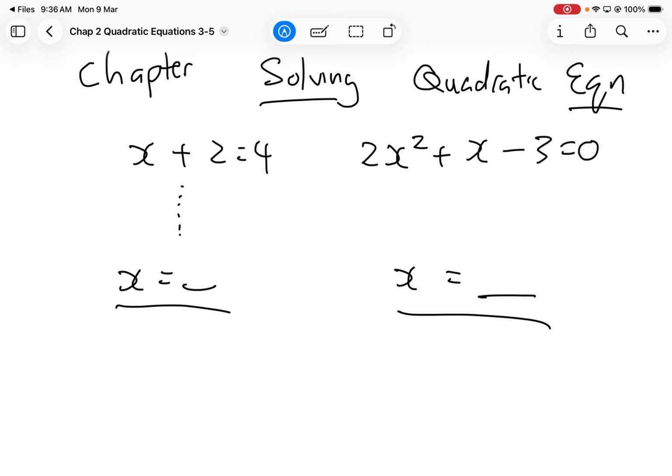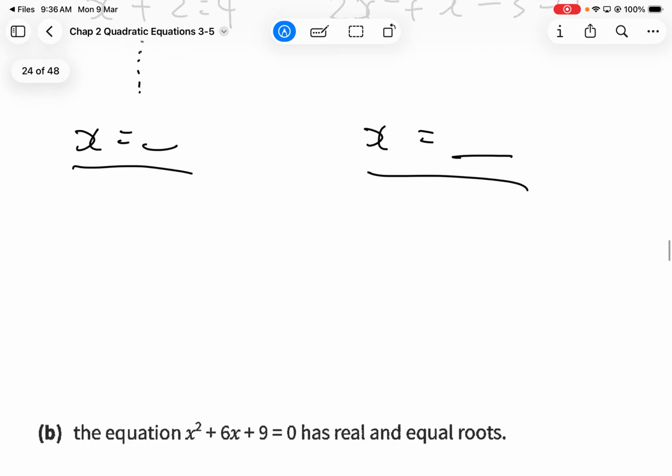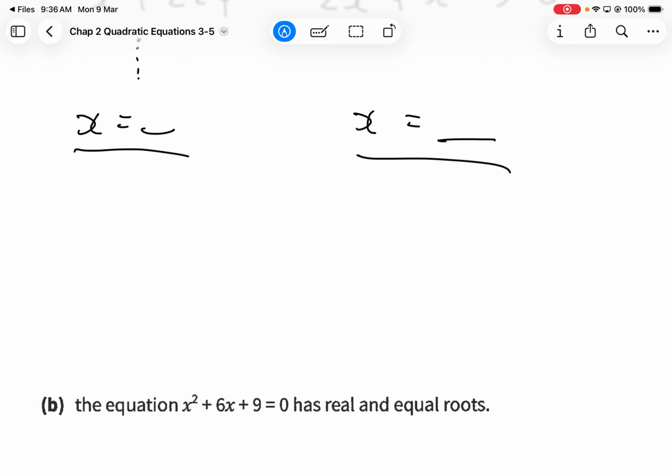I am finding out what is x. Okay? So linear equation is when your x only has power 1. This one is called linear equation. This one is quadratic. Quadratic because my x has power 2. Then once my x has power 2, there will be an x squared term, there will be an x term, there will be a number term. So how do I finally get x equals to something? You all learned 3 methods so far. The first one,